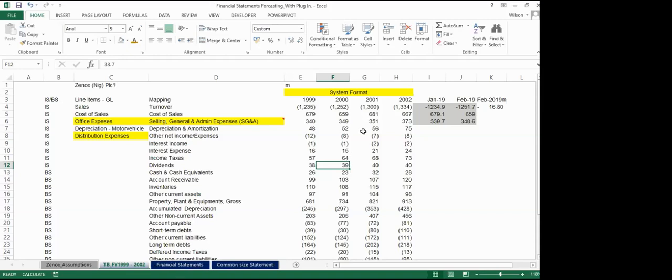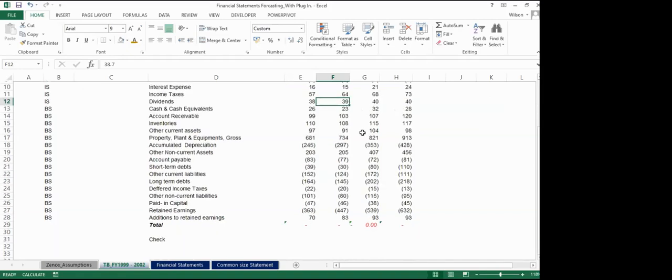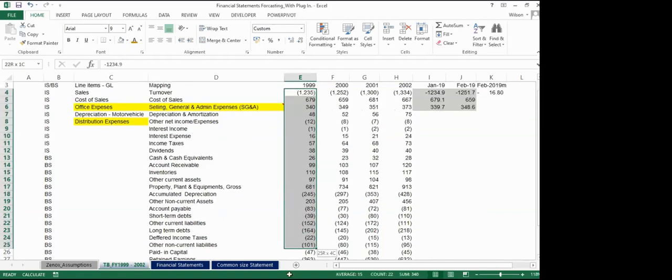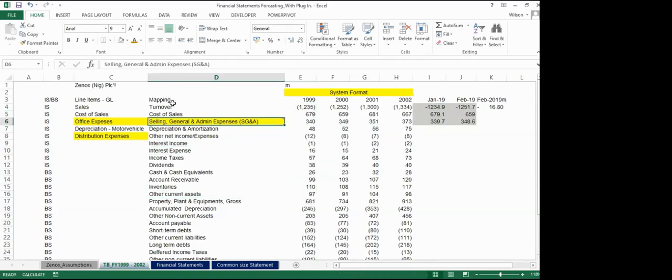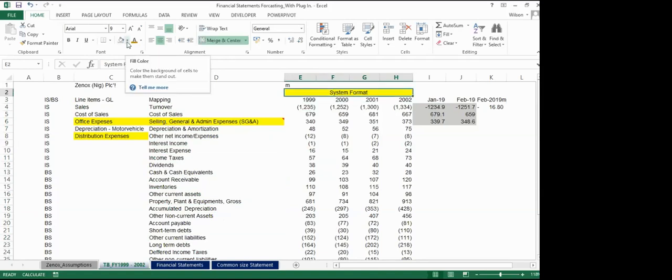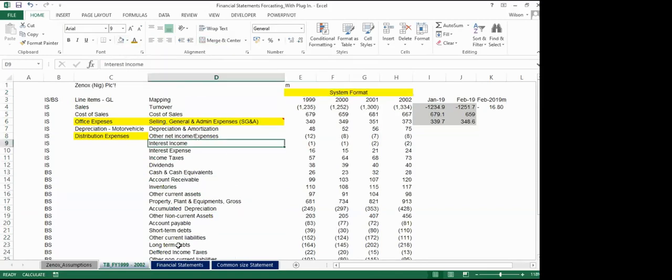All right, so that is everything about mapping your TB and ensuring that, for you to prepare your management account, you do monthly movements and stuff like that. So this is the first thing you need to do in your financial reporting: you need to get your trial balance to be in a system format. The trial balance must be in a system format. It's the first step for you to prepare a financial reporting model. Now, once that is done,